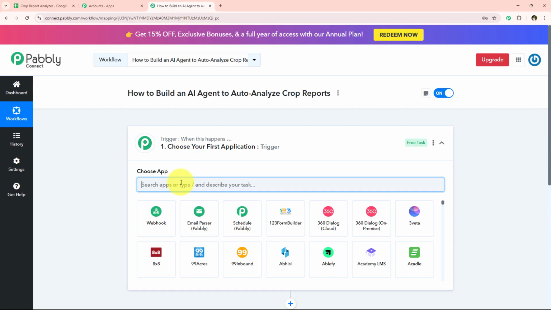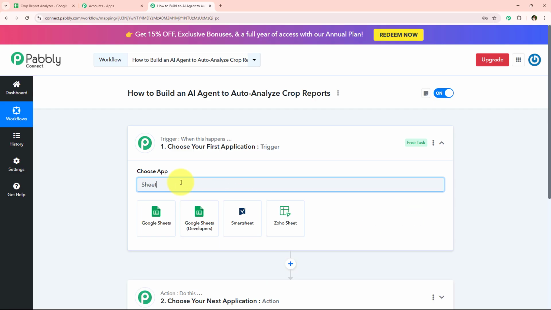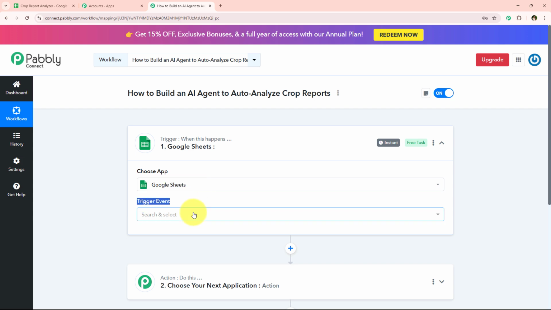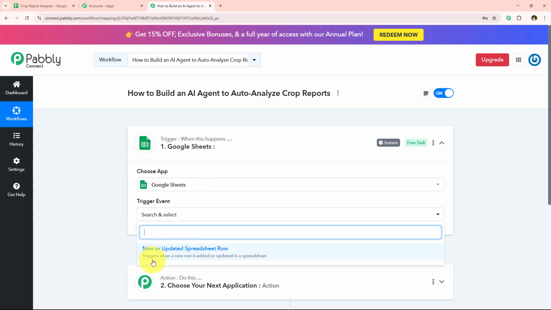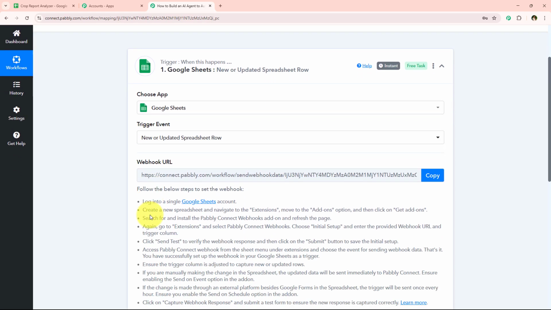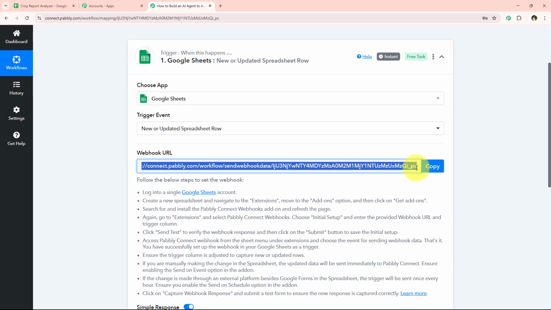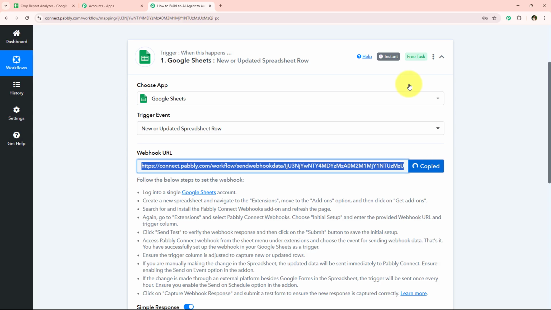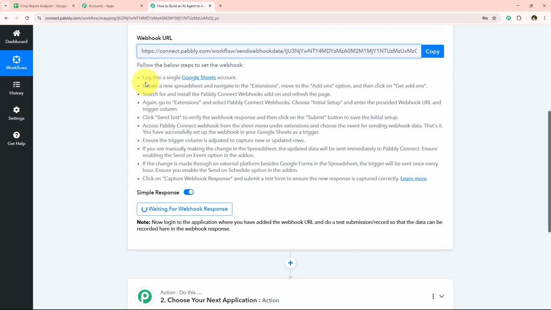So for my trigger application, I'm simply going to select Google Sheets. So I'm just going to search for Google Sheets and select it. And now for the trigger event, I'm simply going to select new or updated spreadsheet row. And now it is giving me a webhook URL. So we're going to use this same webhook URL in order to create a connection between our Google Sheets and our Pabbly Connect workflow. So I'm simply going to copy this webhook URL, and then we have to follow this